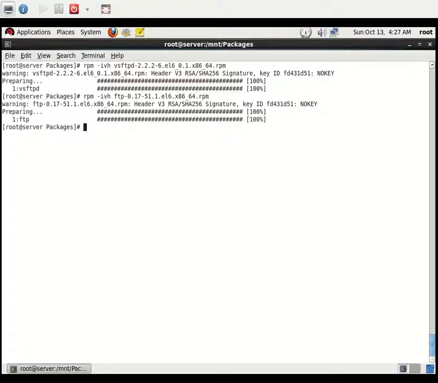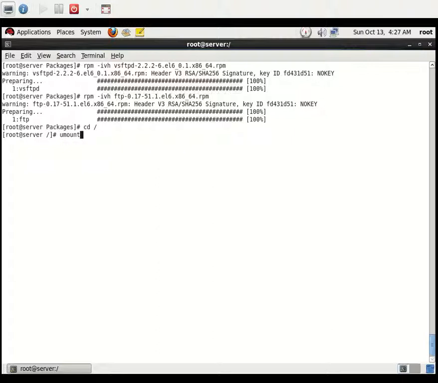Now I am going to unmount the ISO file from the mount directory and mount it under /var/ftp/pub, the public directory, so that we can access the repository files from anywhere, in the browser or from any PC on the local area network.